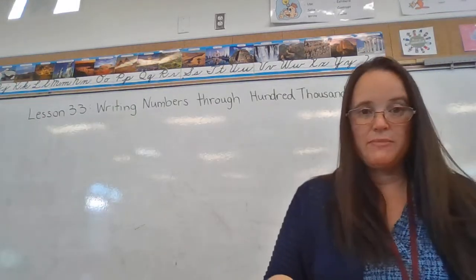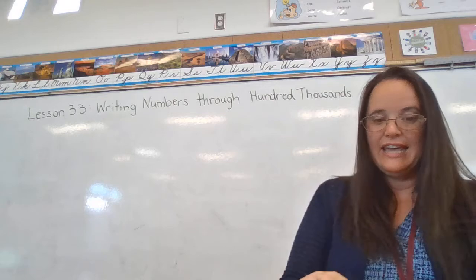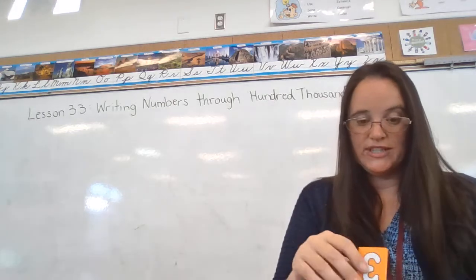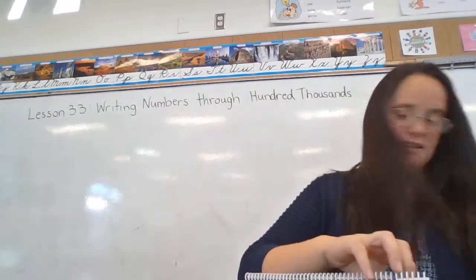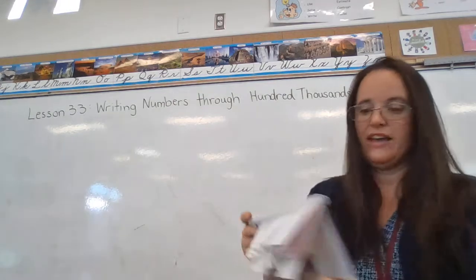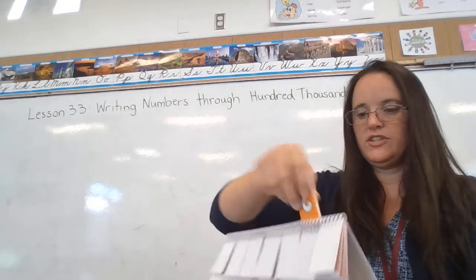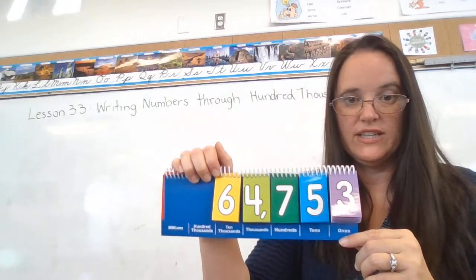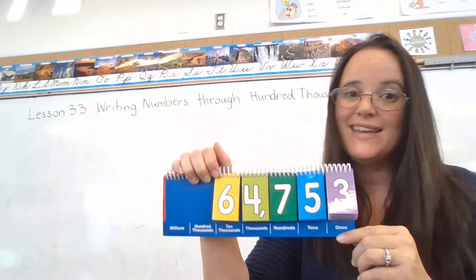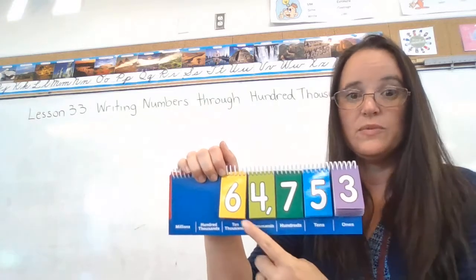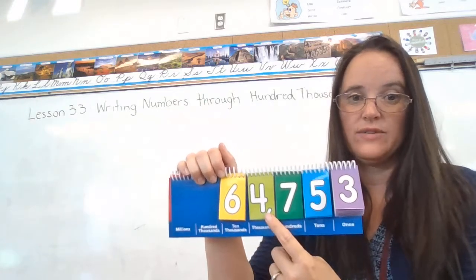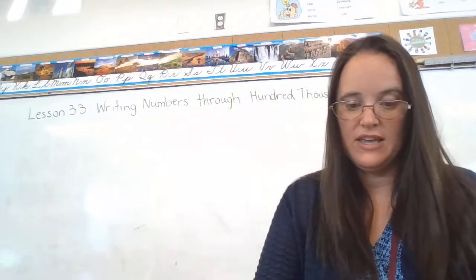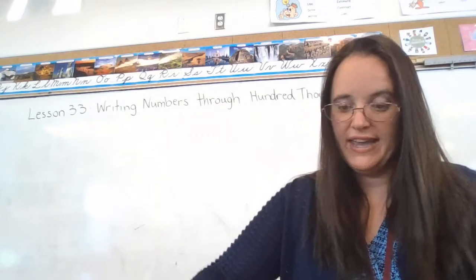So the next type of problem that you might see is use words to write some numbers. So actually, let's use words to write this number. So this is what it looks like with digits. We're going to write it exactly how we say it. So we would say 64,753. So now I'm going to write